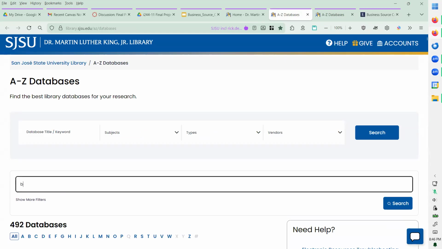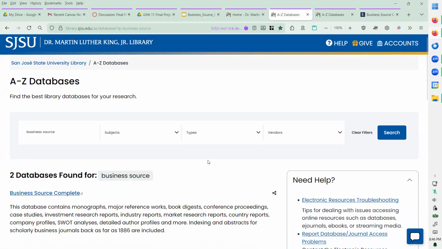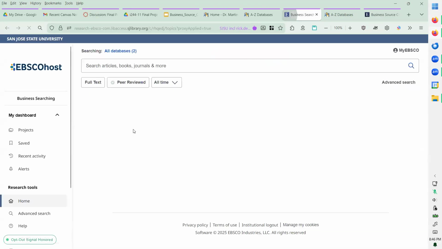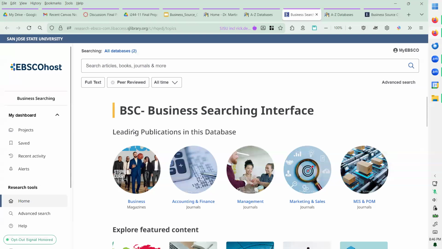You can search for Business Source, and Business Source Complete is one of the options. So that takes us to the so-called business search interface, which is the basic interface, and